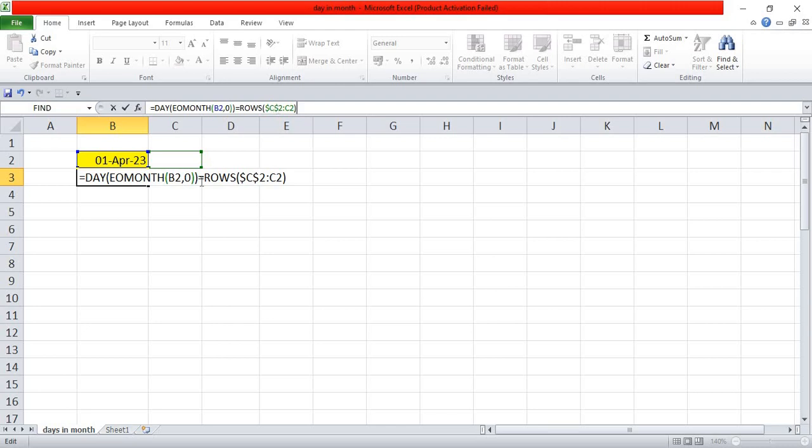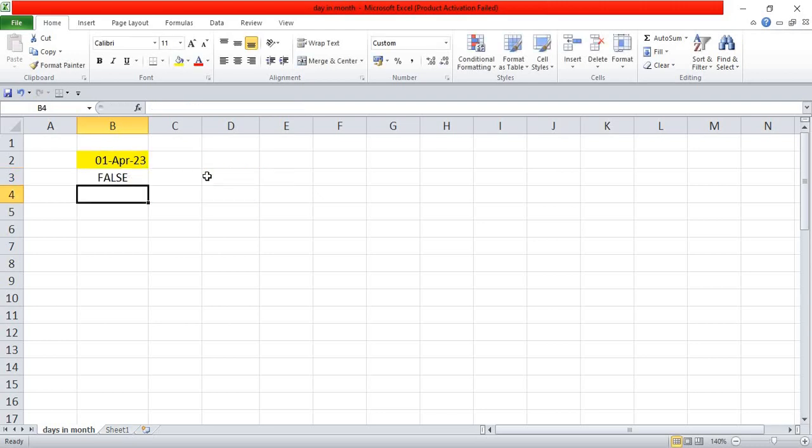So I am just trying to compare the result of this rows. Say for example, in this case it is 1. I am just selecting this stretch and pressing F9 to evaluate. It's 1, Ctrl Z, and the result of this day and EOMONTH is 30. So whether 30 is equal to 1, it will give me false. Okay, and now what I'll do is suppose this result of these two comparisons, that is the comparison of this day and EOMONTH and rows, if it is false, then I'll say give me this +1. Okay, else give me